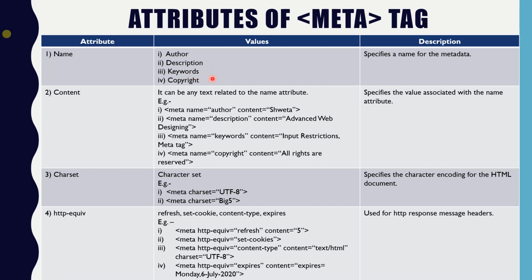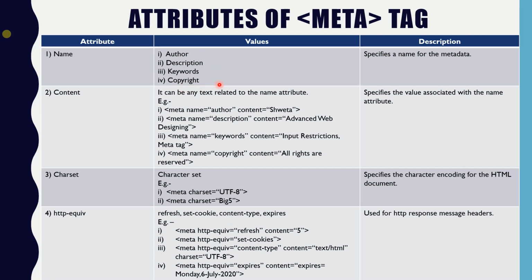Next is keywords. Keywords means important words from your web page or HTML document. Whatever important words are there from your web page, you can write in keywords. One thing I would like to tell you is that whatever you write in description and keywords, both contents will be used by the search engines to search your web page. Google can use this description and keywords from the meta tag for searching purposes. Whenever anyone types that description or keywords in the Google search, they can see your web page.